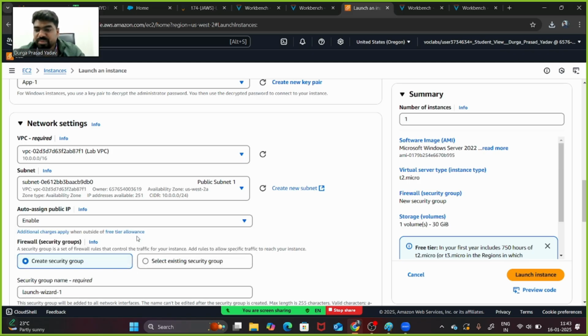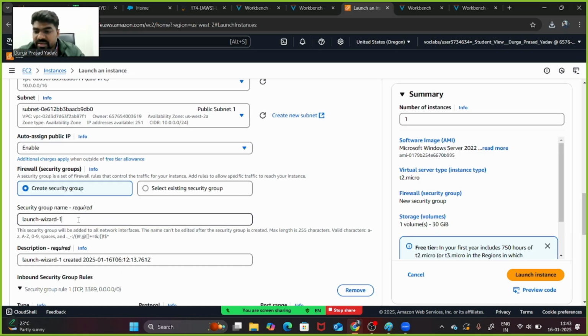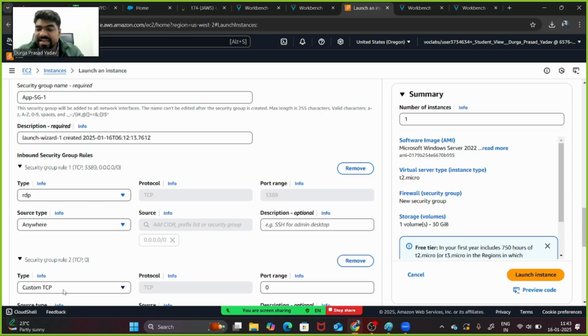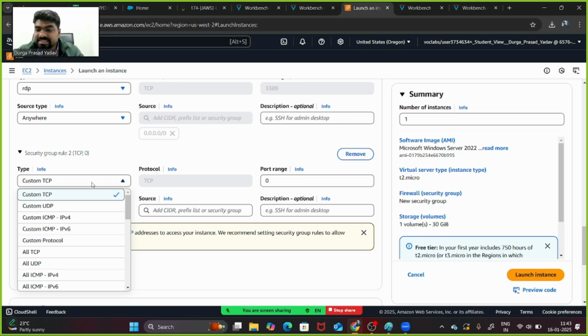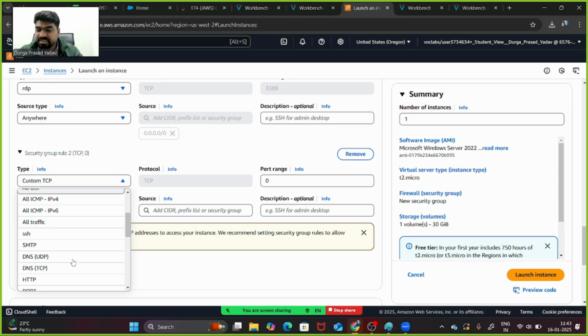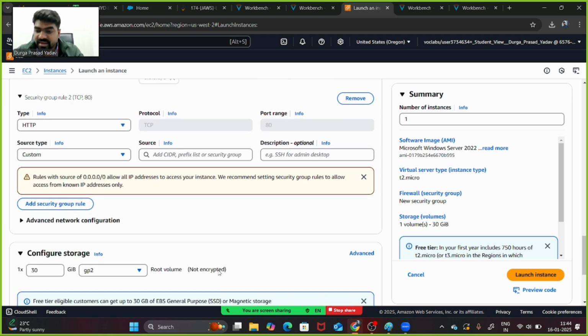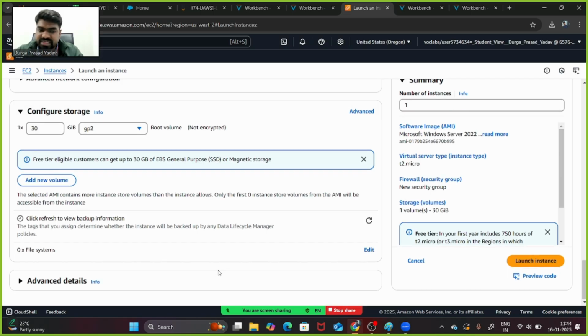Whenever you are creating a security group, you will write app security group 1, and here we have added RDP, and we can add one more, that is HTTP traffic, because we need to make a website, right? And no other setups we need.